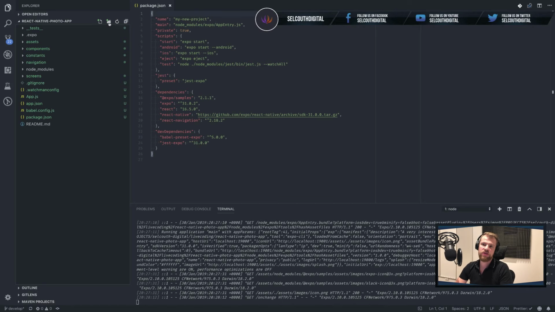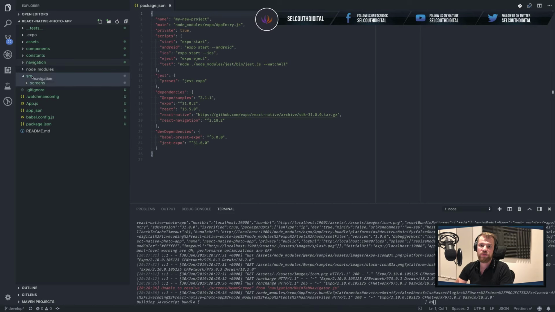So what I tend to do is to create SRC, which stands for source folder, and I basically just move everything to that source folder so we can have our source files